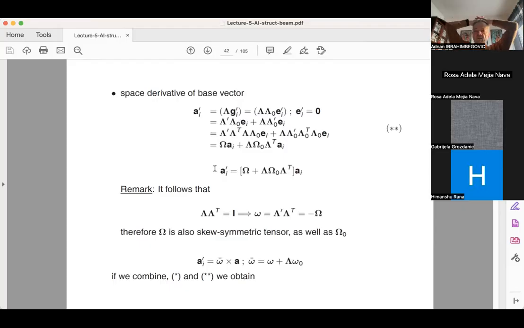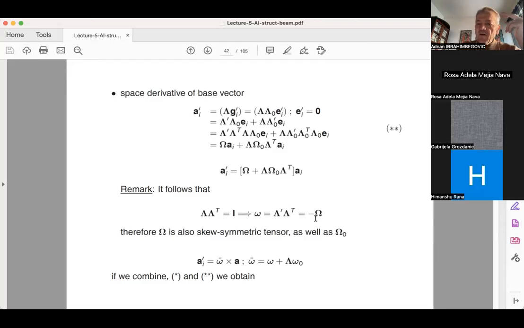derivative of the unit-based vector AI in the form coefficient with respect to coordinate S is equal to this omega plus lambda omega 0 lambda transpose times AI, where omega and omega 0 are corresponding skew symmetric tensors, which are defined by taking the derivative of the orthogonal tensor lambda or orthogonal tensor lambda 0 and multiplying with this corresponding tensors transpose. So basically, I can also build this in terms of axial vectors, namely, if I have this skew